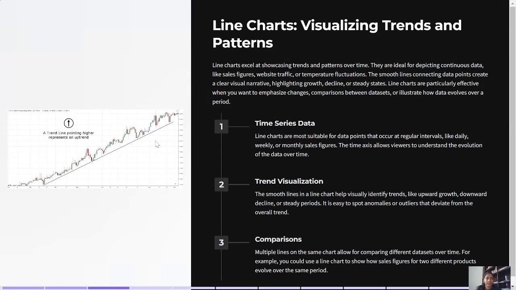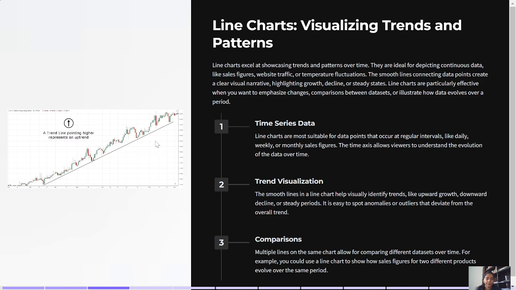Coming to the line charts. Visualizing trends and patterns. Line charts excel at showcasing trends and patterns over time. They are ideal for depicting continuous data like sales figures, website traffic, or temperature fluctuations. The smooth lines connecting data points create a clear visual narrative, highlighting growth, decline, or steady states. Line charts are particularly effective when you want to emphasize changes, comparisons between data sets, or illustrate how data evolves